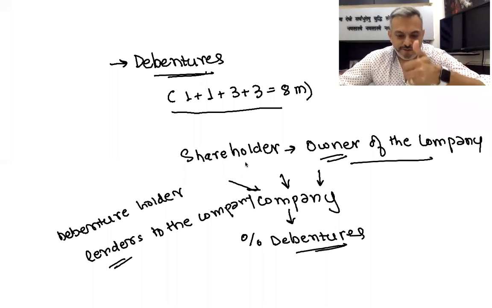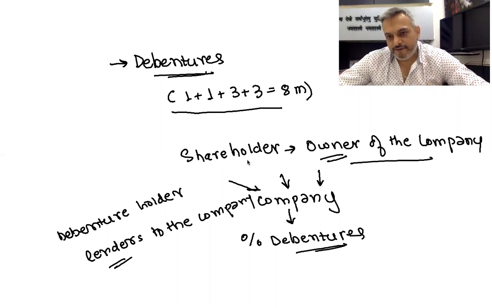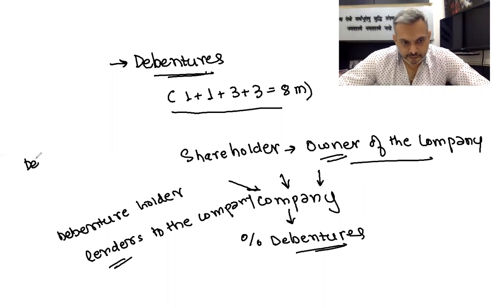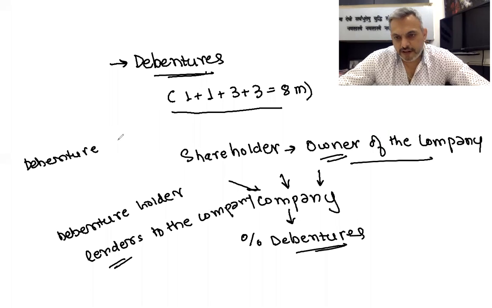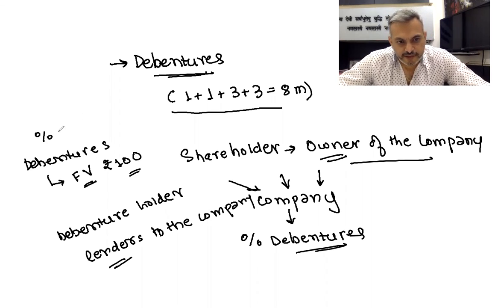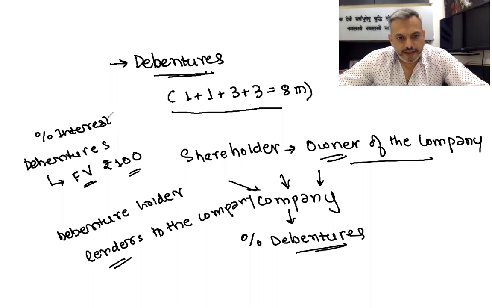Now we are starting with the first part of this chapter, where we are going to understand the entries for collecting money from debenture holders and issuing debentures. Now, debentures are also financial instruments or security. So debentures also have a face value. Okay, generally face value of debenture is 100. Whenever debentures are issued by the company, percentage of interest which will be on these debentures will be communicated to